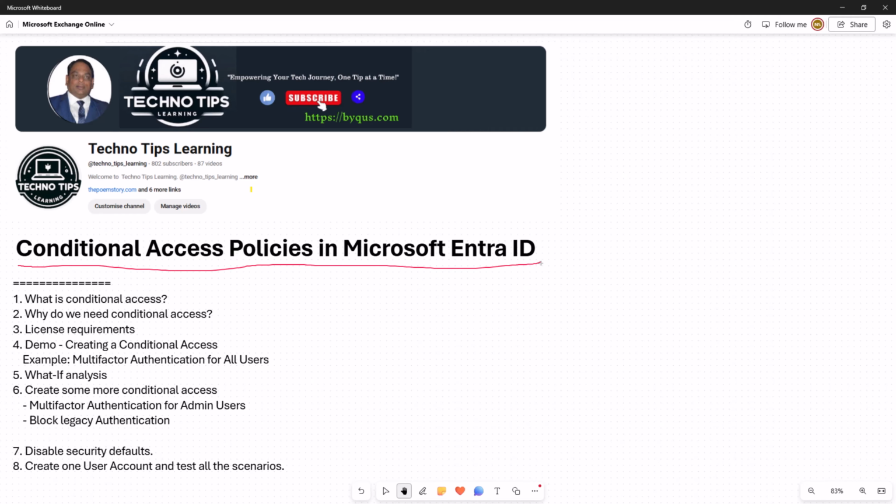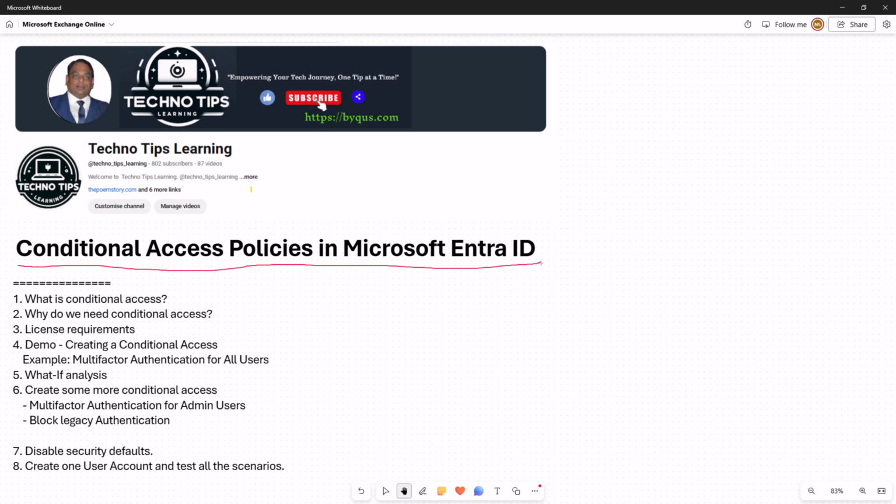So the first thing we discussed in multi-factor authentication is that you get multi-factor authentication by default. Now, multi-factor authentication might be needed for some accounts and might not be needed for others. That is the reason there are multiple reasons to create conditional access policies. You want a security control that you can fully control.